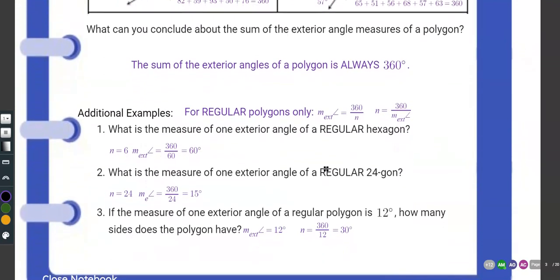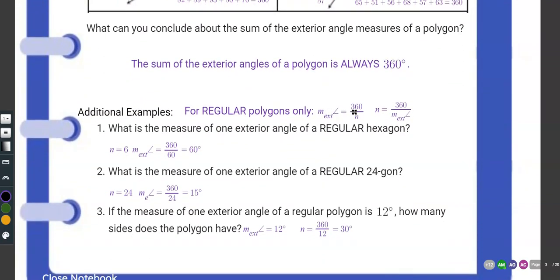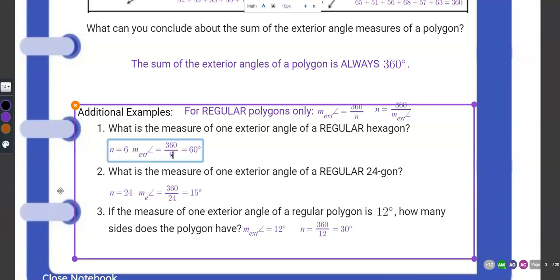For a regular polygon, what you can do is divide the number of degrees, 360, by the number of sides to get a single exterior angle. Or, if you're given an exterior angle, you can use that information to find out how many sides it has. So for a regular hexagon, we have 6 sides. 360 divided by 6 is 60. And then we have